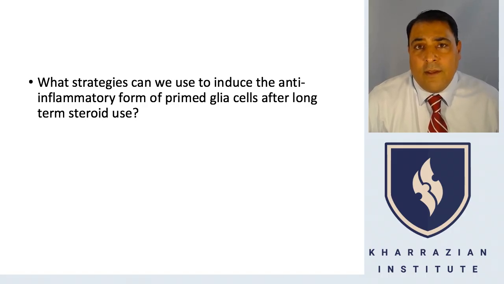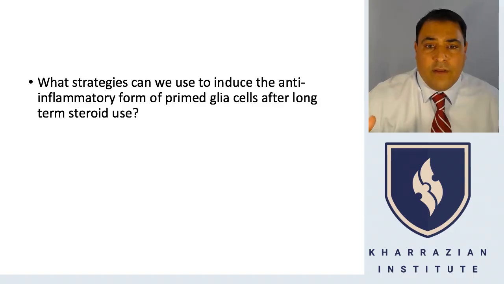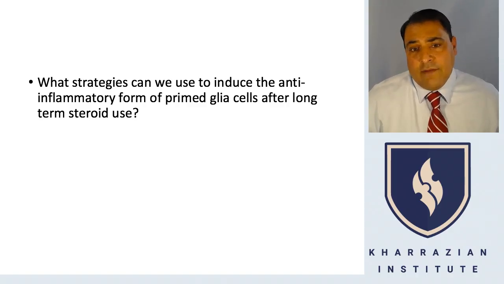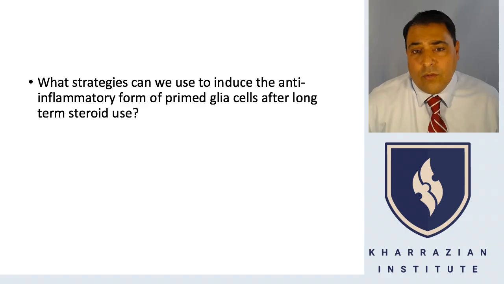Because remember, the microglia support neurons, and once there's an injury, neurons have to branch around the injury or branch around the area of inflammation, and they can only really do that if they have M2 activity. So steroids break down the blood-brain barrier and have an impact on M2. They may be absolutely necessary in acute stages, but long-term steroid use has this potential to also dampen the M2